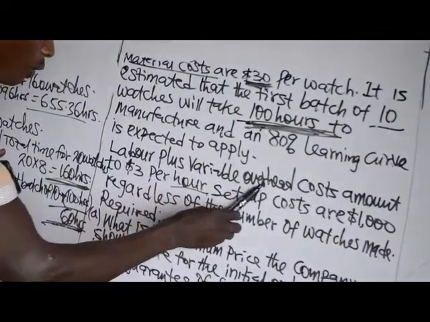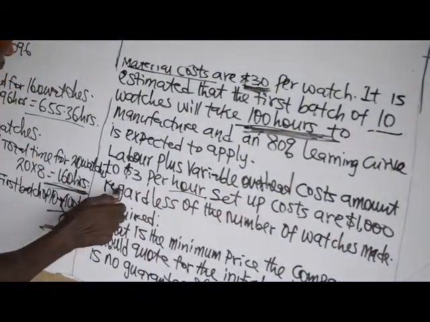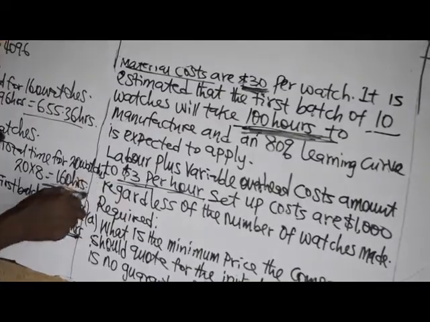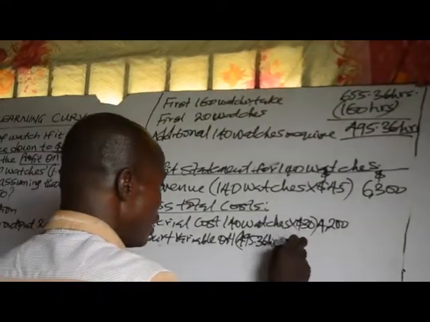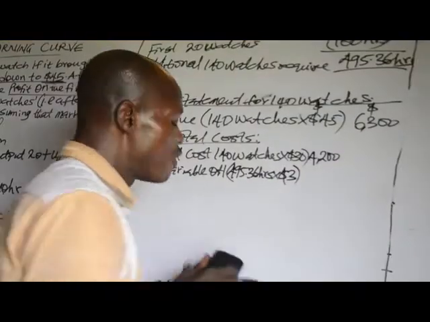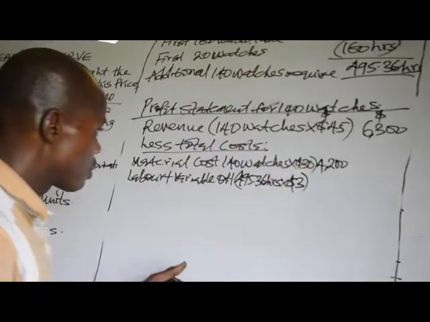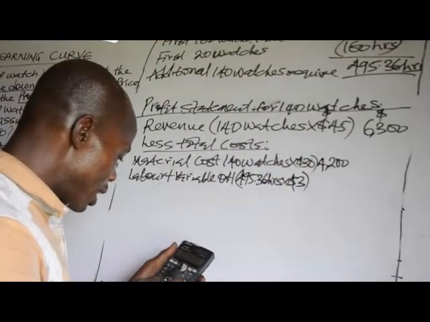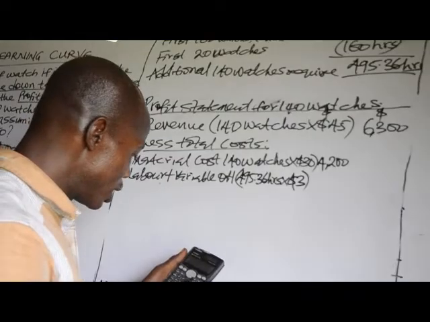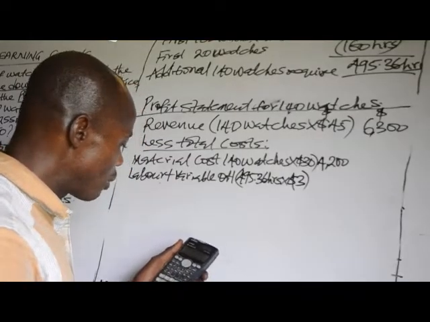Labor plus variable overhead cost amount to $3 per hour. So we have 495.36 times 3, that will give us